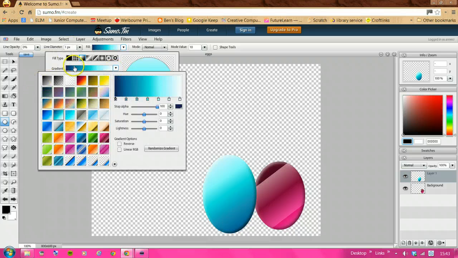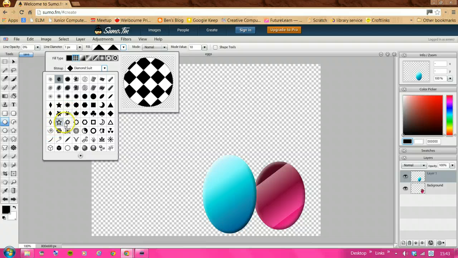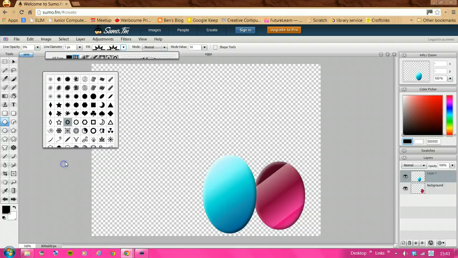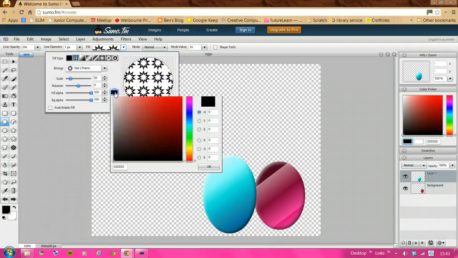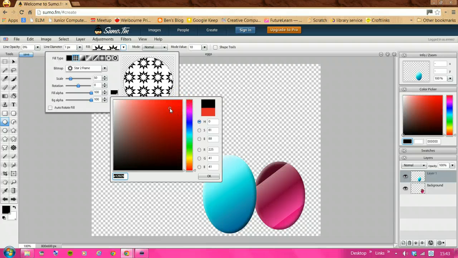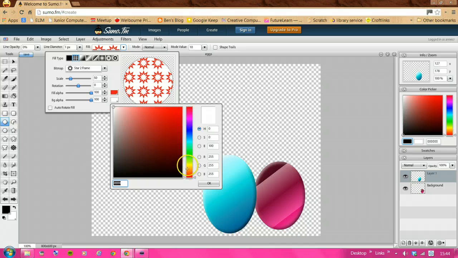In fact, what I'm going to do is go to pattern up here, fill type pattern, and you can choose a shape that will fill the egg, and you can then choose two colours. So at the moment it's black and white, but perhaps we'll choose red. Say OK, that will be the foreground colour, and then you choose the background colour. So I'll choose yellow,